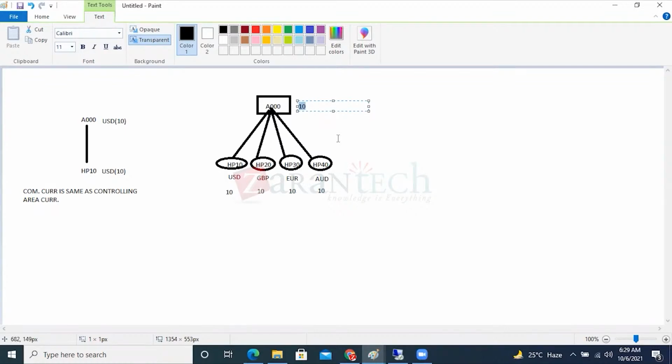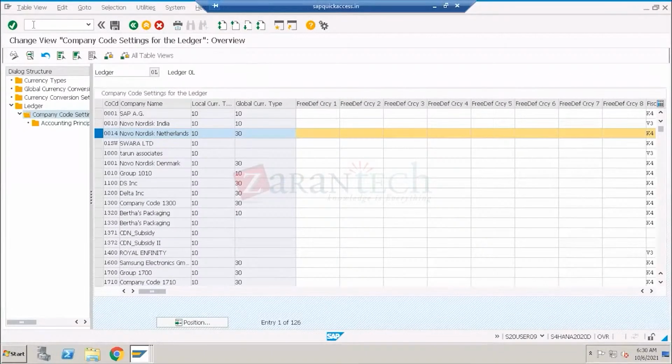You cannot take the 10 as a controlling area currency because you have different company code currencies. How do you take the 10 as your controlling area currency? There should be only one currency. If I go to OKKP, where you create the controlling area,